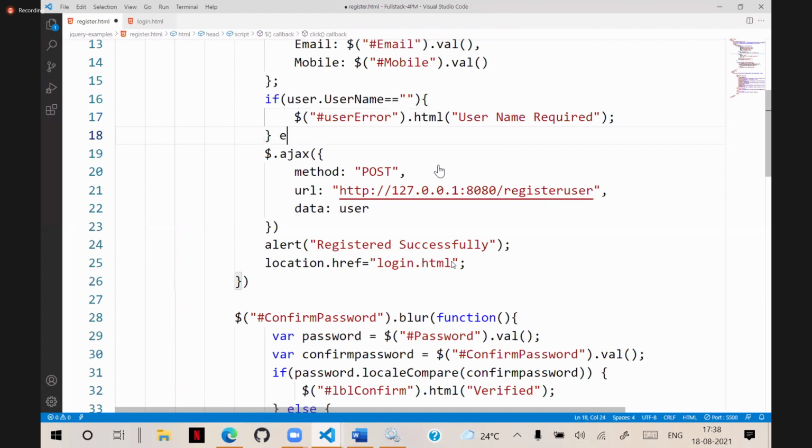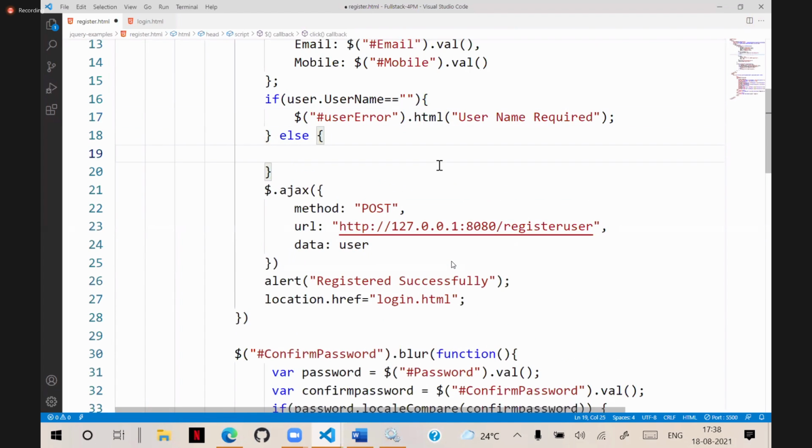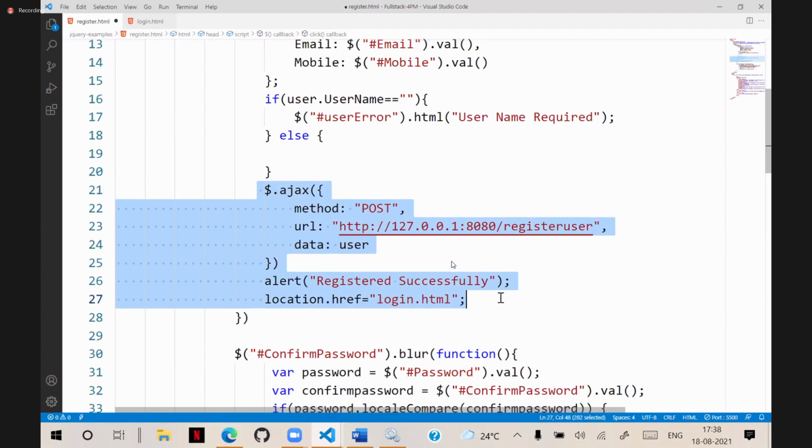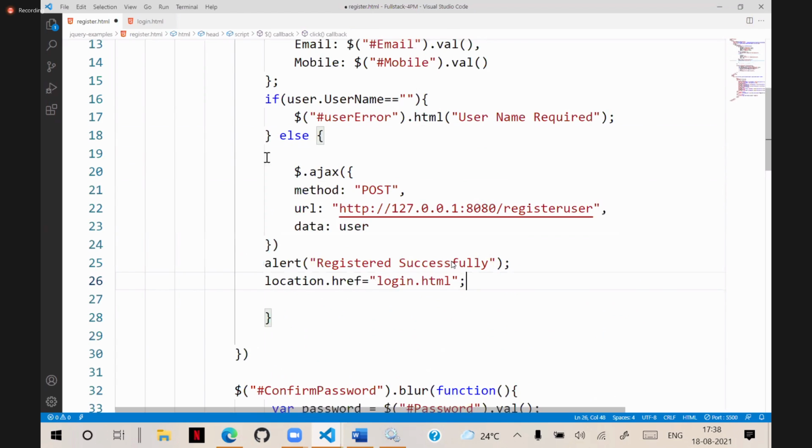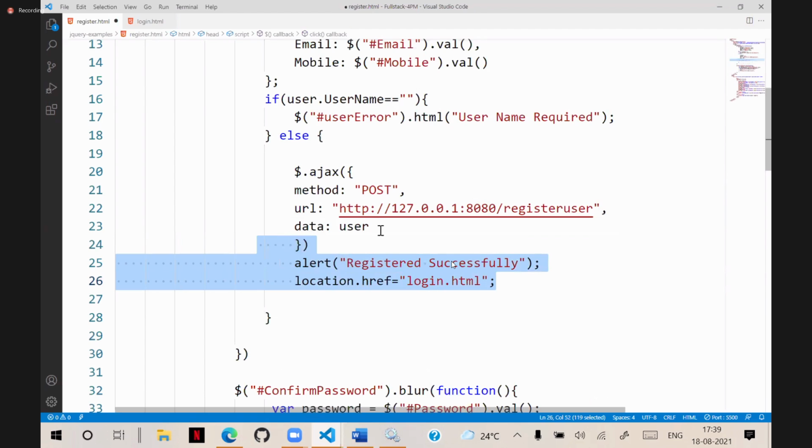If the username is entered, then this post and the rest of the options should happen. We have to put this logic in the else block. This is defined for the username. Already we know we have to write multiple conditions. In the beginning of JavaScript, I told you how to write multiple conditions.